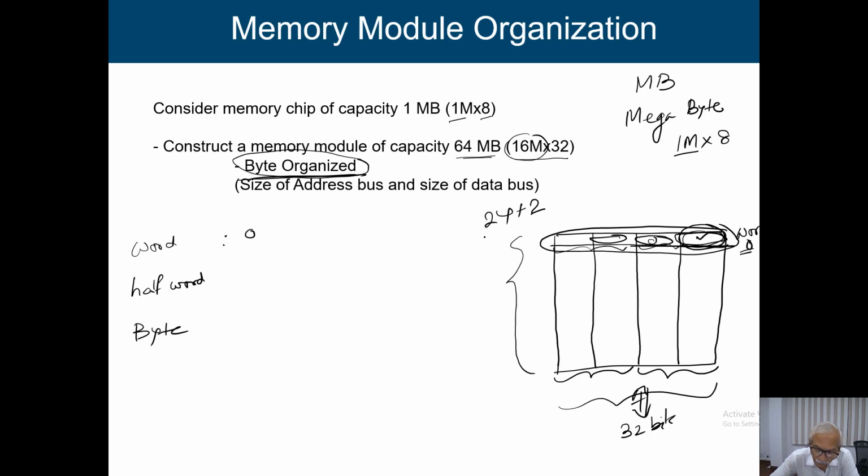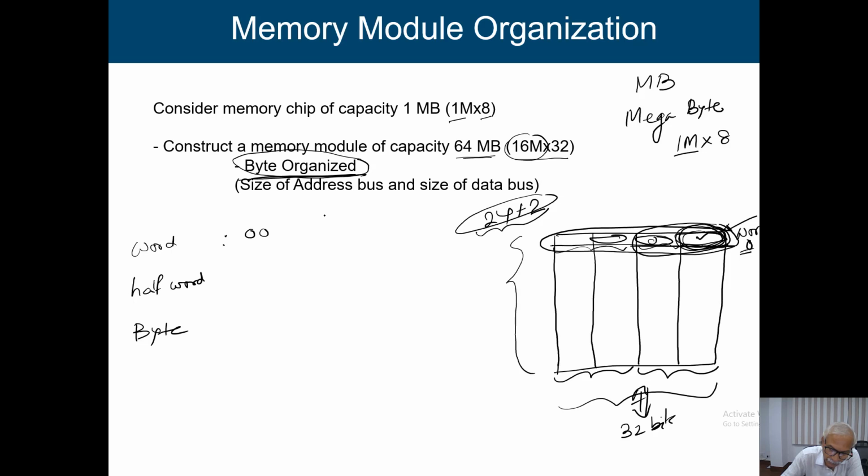I think you got it now. If the contents of all these 26 bits are 0, I am selecting this particular 32-bit word. But when I am selecting it, I have an option: either we work with this particular word 0, or it may happen that I work with this particular byte 0 of this word, or with this particular half word. So if I just consider the last 2 bits, say the last 2 bits are 00, then what will happen?